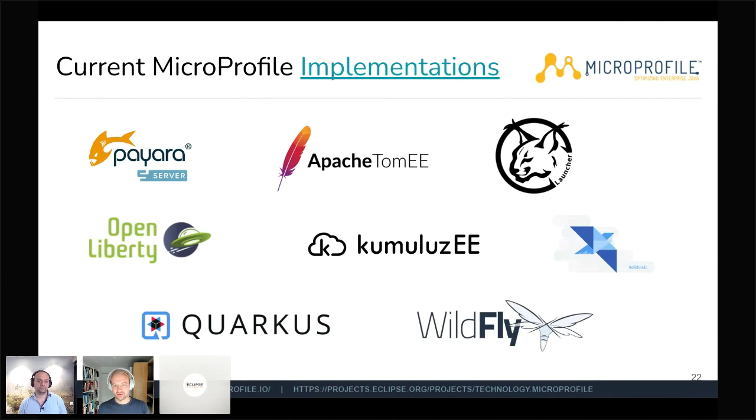And you can see big companies like OpenLiberty from IBM, Wildfly and Quarkus from Red Hat, Helidon from Oracle, but also Payara, which is a smaller company, or TomEE from Apache. So there are different app servers. And what is really cool here is that if you write your code using MicroProfile and Jakarta EE, and you start out with one of these, and you realize that you should really switch to the other app server because of this and that, then you can do that without changing the code at all. It's really cool. We might say more about that later on.